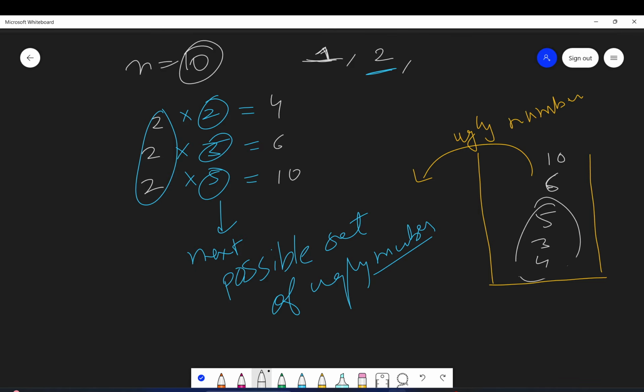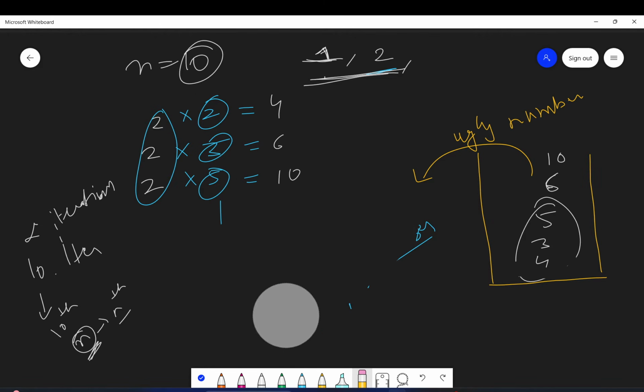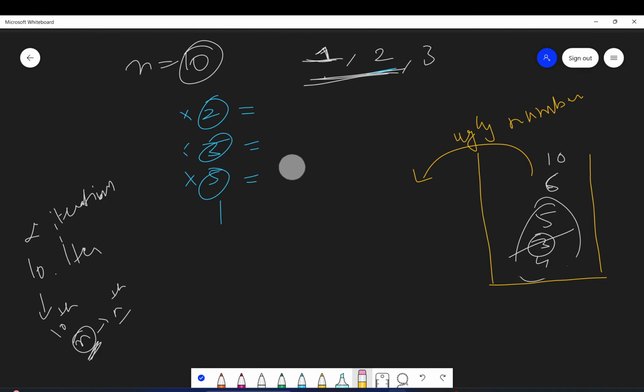So as of now we have done 2 iterations to get the 2 ugly numbers. So we have to do this iteration 10 times to get the 10th ugly number. That is, n times we have to do iterations to get the nth ugly number. So this popping out from the min heap and then multiplying and all that, we will do n times. So let's see the next one. From here, this is the min heap, right? We'll get the smallest element, so 3 will get popped out, and here we will have 3.